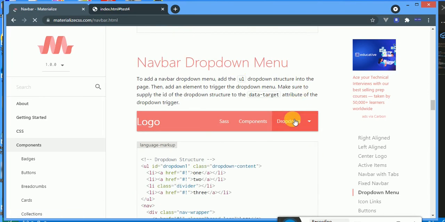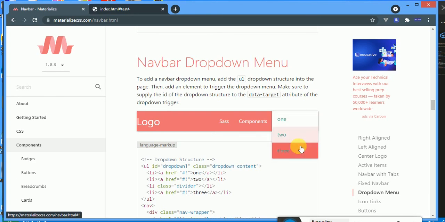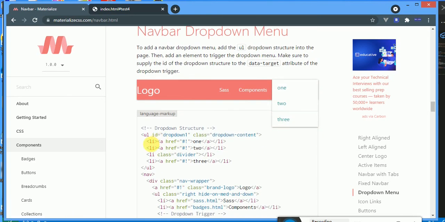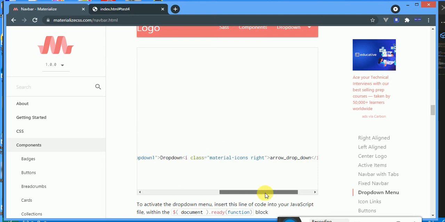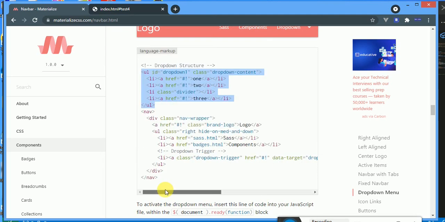Look at the drop down. When you click on it, you see 1, 2, divider and 3. Look at it here. That is the content of that drop down. You see drop down content 1, 2 and 3. It starts from here and ends here. Now this is how you trigger the drop down, which is this guy, and this drop down has an arrow down. So what I normally do is, first of all, I copy the content first,